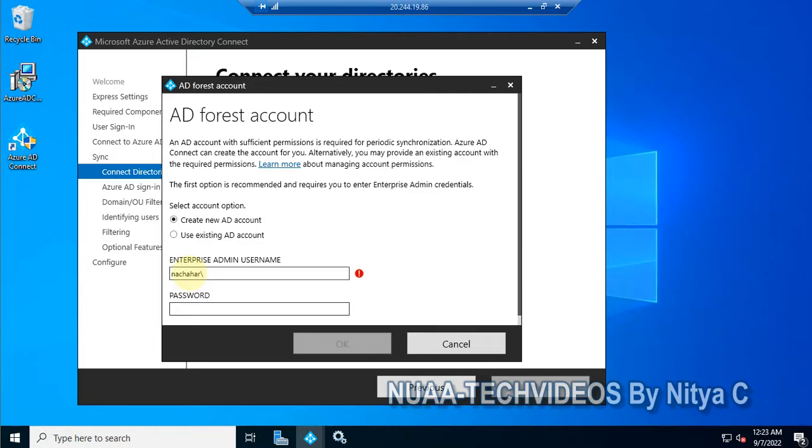This is my domain, and AAD SYNC. I'm going to create this account one. Sorry, I have to enter my credentials, enterprise admin credentials. So I have admin, then I'll enter my credentials. So this account admin